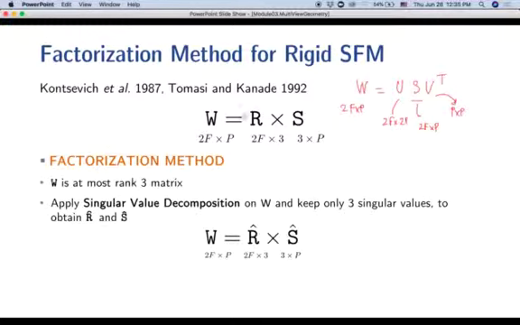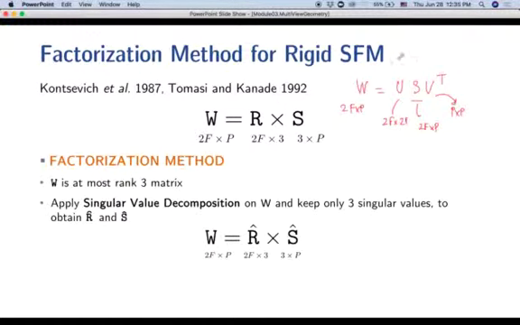Now in the real case, when I have real image observations, I'll get the rest also as non-zero maybe, but they will be much less in value than the other ones. They will be smaller in value, and that's just because of noise or because of your wrong assumption that the model was orthographic. In reality, the camera has a bit of perspectivity to it. Okay, so